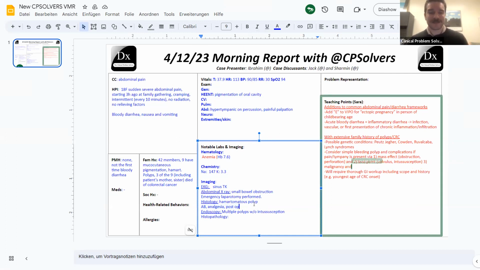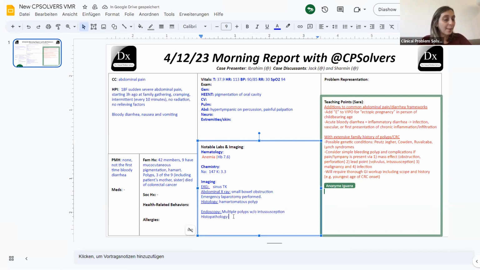But yeah, Sharmeen, what are your thoughts? Yeah, no, I 100% agree with you. Just to practice our thinking about small bowel obstructions, and as Jack was talking through, he was alluding to this, the most common cause of small bowel obstruction tends to be adhesions in someone who's already had prior abdominal surgeries, and a lot of the time with small bowel obstructions, we tend to manage them medically unless there's an underlying mass or something like that in this patient that they were suspecting.